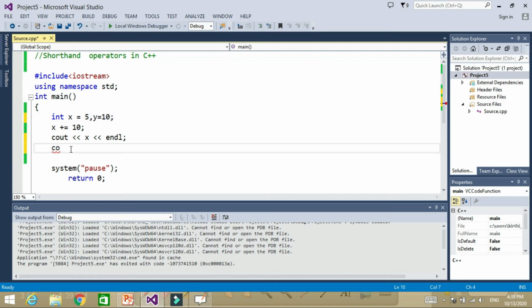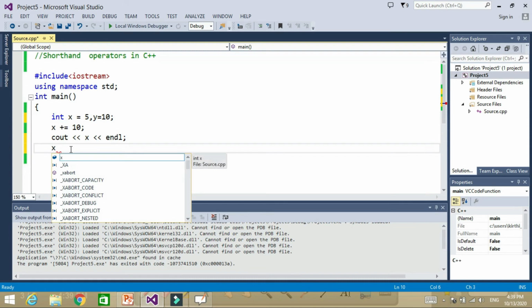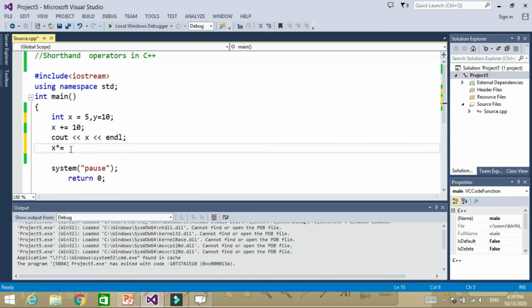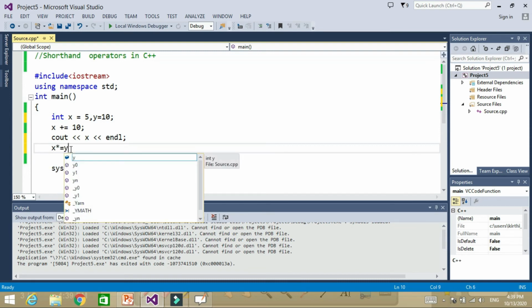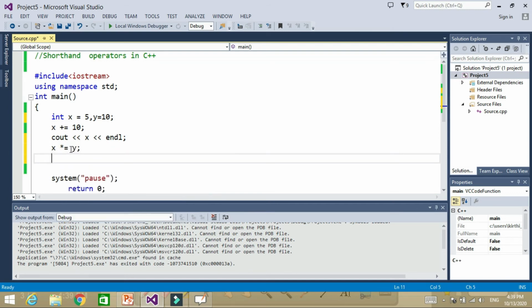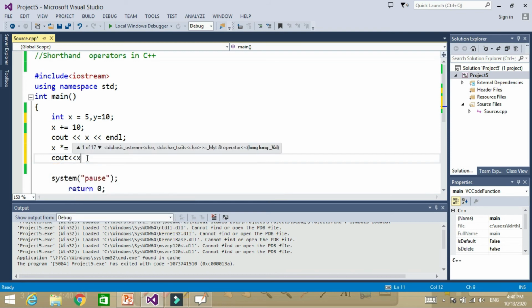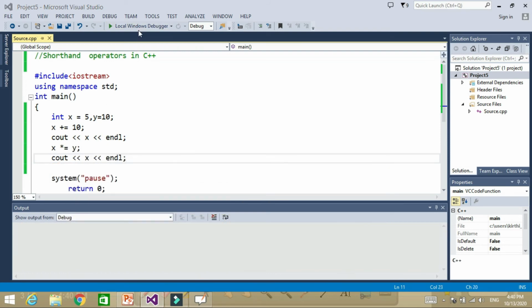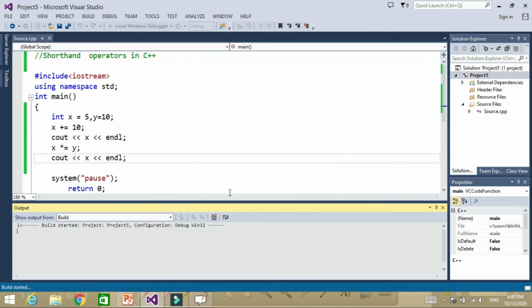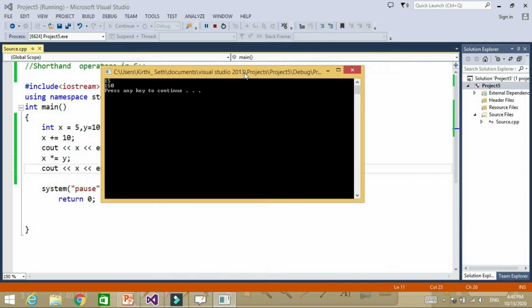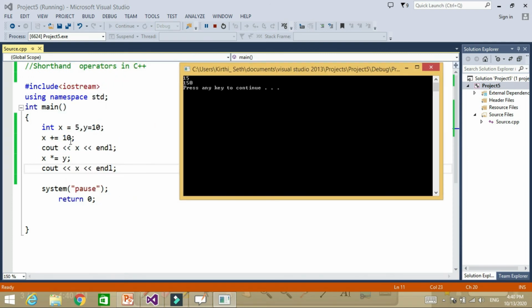Now, I want to say x *= y. So, now x should be y times x. So, in the first expression x will be 15 and in the next expression x will be, sorry, 150, because now x becomes 15.